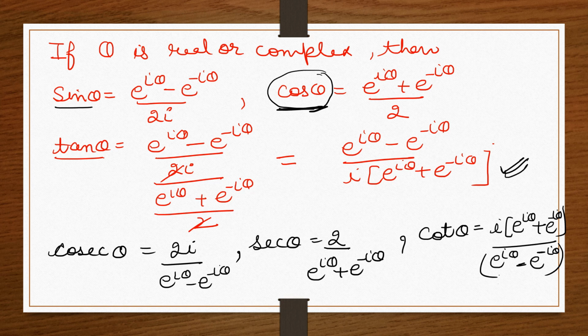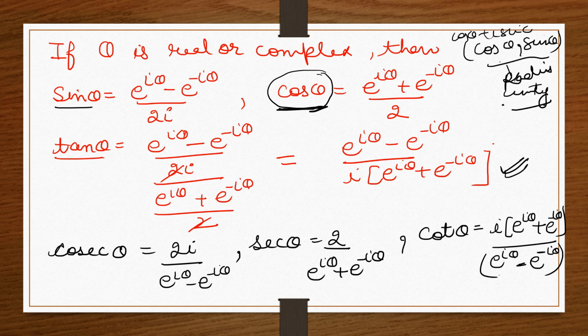Now why do we call it circular? Because the values of cos theta and sine theta actually lie on the circle with radius unity. These values, cos theta plus iota sine theta that we used to write, are the xy coordinates. So the values of these things lie on the circle with radius 1. That is why we call it a circular function. Now I'm going to introduce hyperbolic functions.